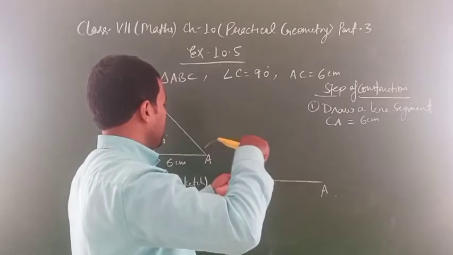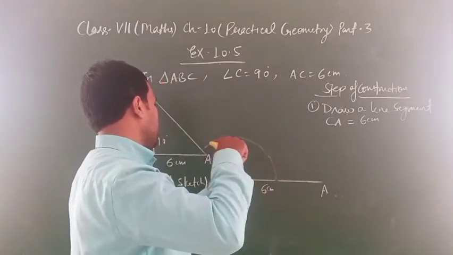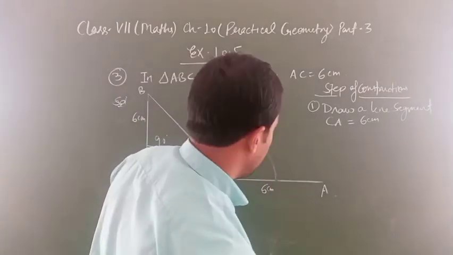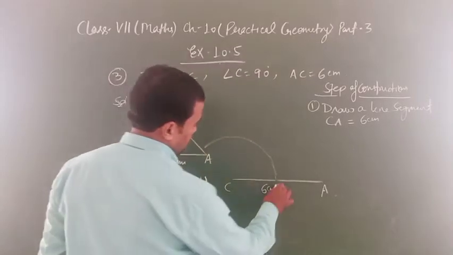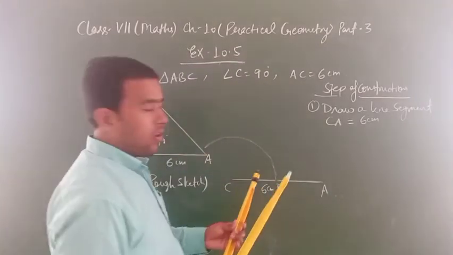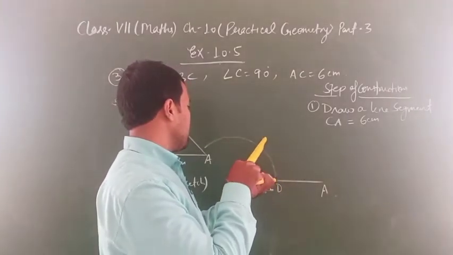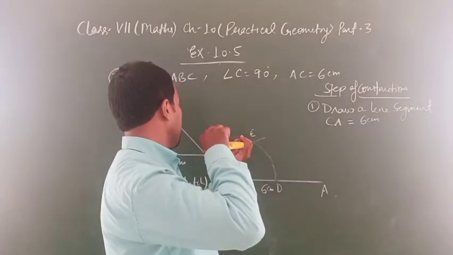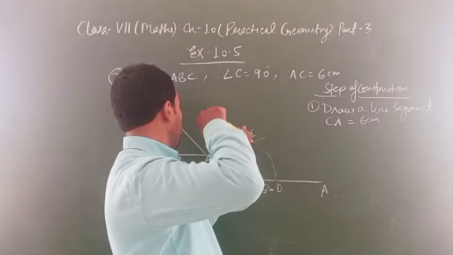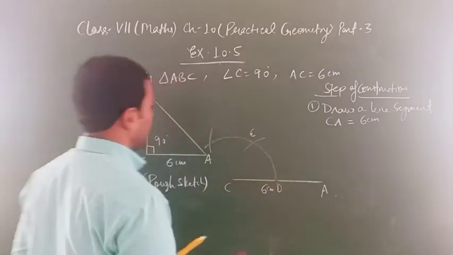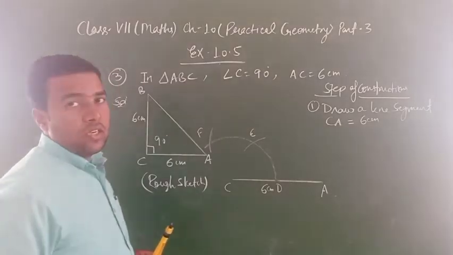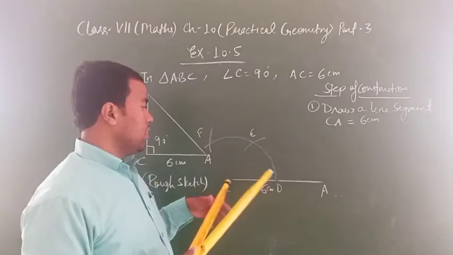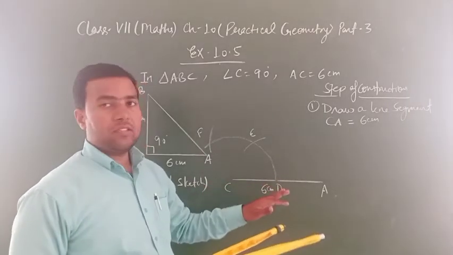So for the 90 degree angle, from C we will take more than half distance. Clear? And here we will write D. From D, one arc we will make, it is E. It is 60 degree angle. And second arc, whatever second arc we are making, that is 120. If anyone asks you to make a 60 degree angle from compass, you will make it like this.